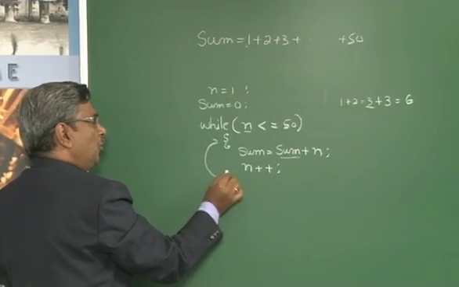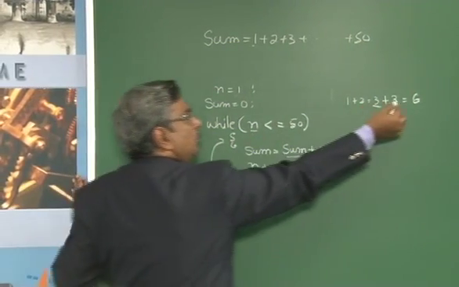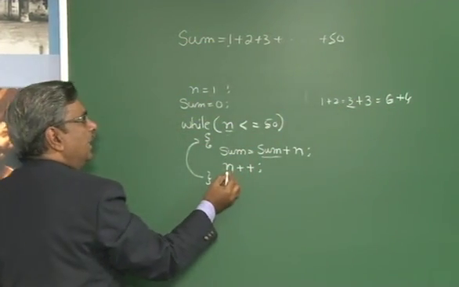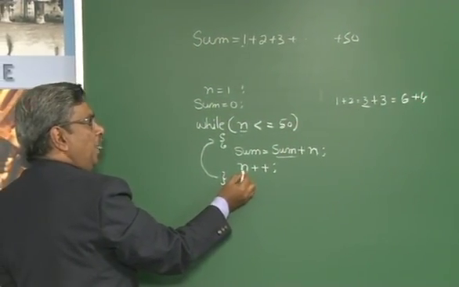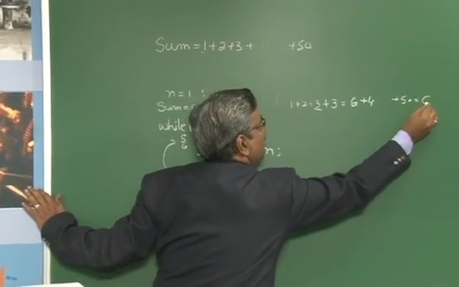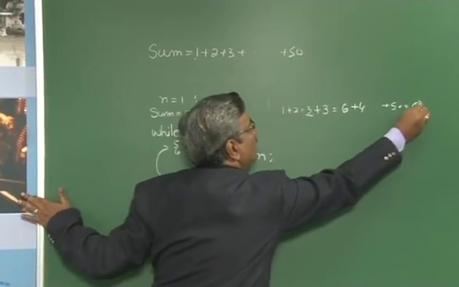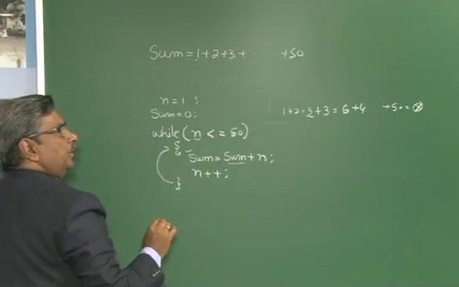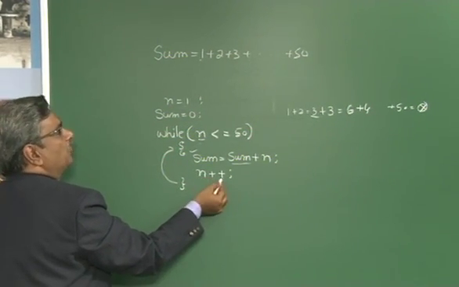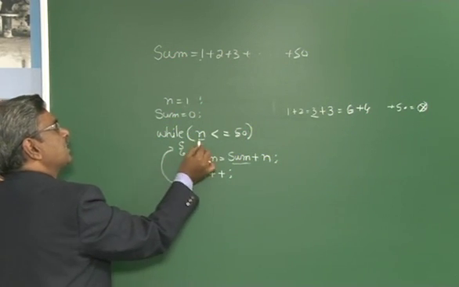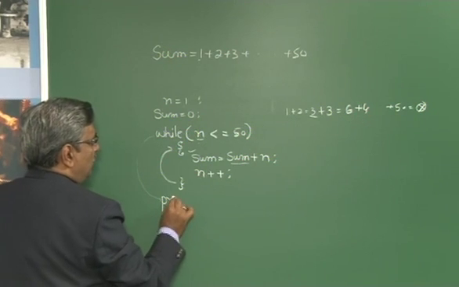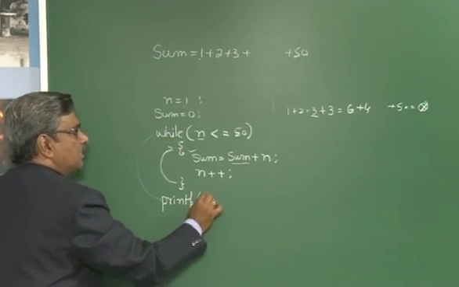Next n becomes 4, 4 is less than 50, 6 plus 4, and the process continues like that until n reaches 50. When the last value 50 is added, the result is available in the variable sum. In the next iteration, 50 plus 1 becomes 51, and this condition fails. You come out of this loop, and now you print the value of sum: printf sum equal